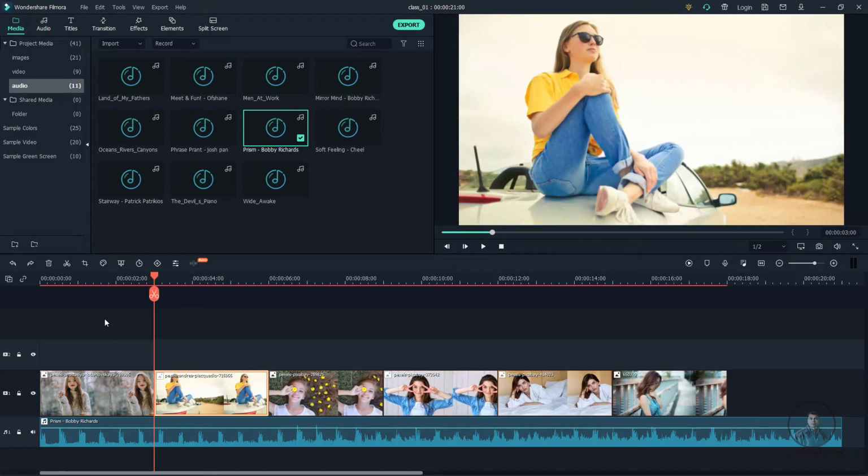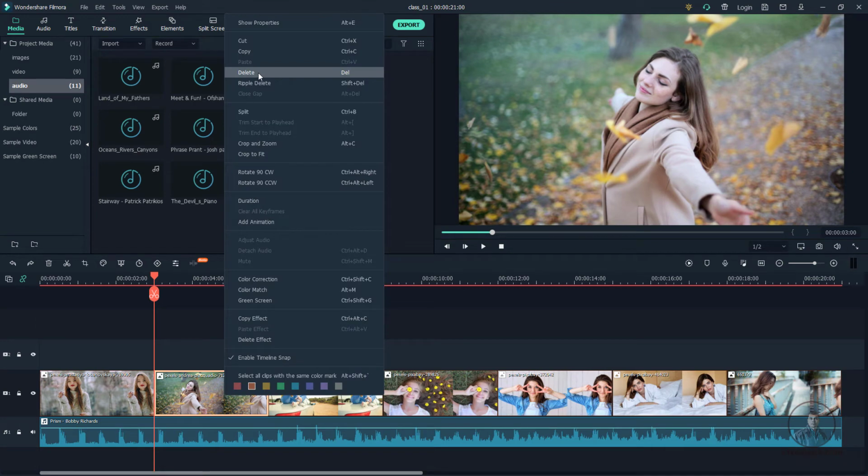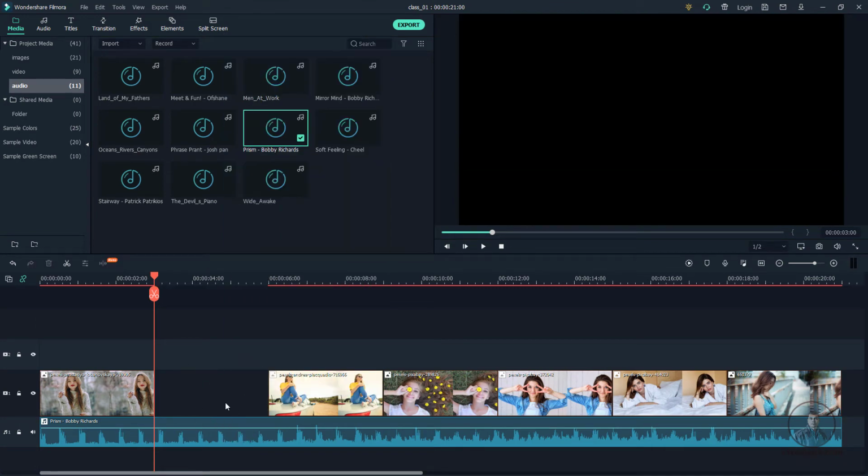Now press Ctrl Z here, again two or three times Ctrl Z, and step back. Now just uncheck this one. Then if you delete this one, press simply delete or right click and click on delete. It will leave a gap like this. Then after this you have to shift all your media here, or if you want to place any other media instead of this one, then simply you can place it here.